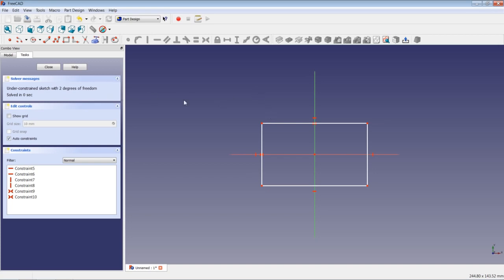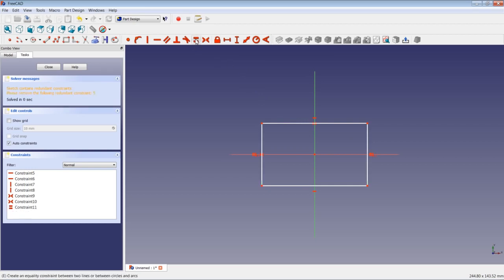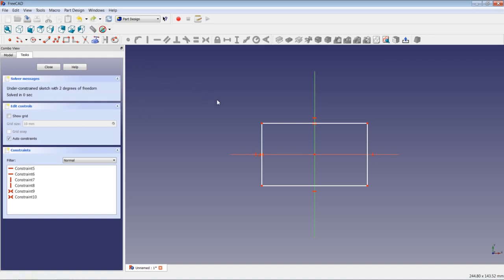These are 2 obvious degrees of freedom: the length of the lines. Since this is a horizontal line, it is obvious that, because this line is also horizontal, the length of this line and the length of this line are the same. If I would select these 2 lines and apply an equality constraint, this would over-constrain the sketch. So I have to undo this operation,